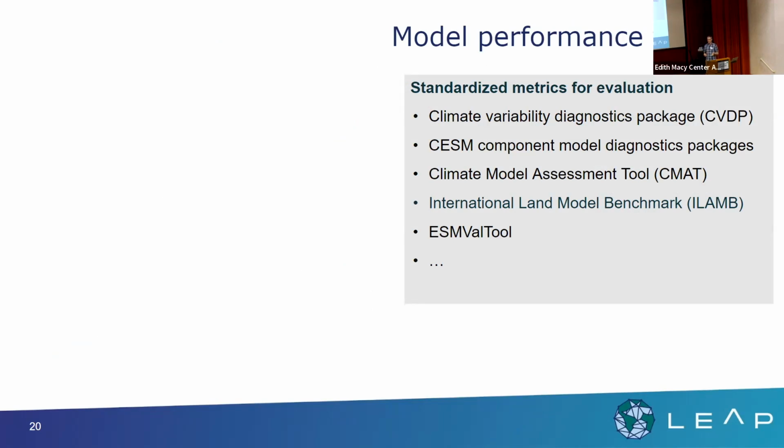We have a lot of packages. We run them semi-regularly, but not all the time. We have people look at them semi-regularly, but not all the time. Each one of these packages will produce thousands to tens of thousands of plots. So how do you evaluate whether or not the model's good? Nobody can look through it all. So everyone picks their favorite things and looks at them.